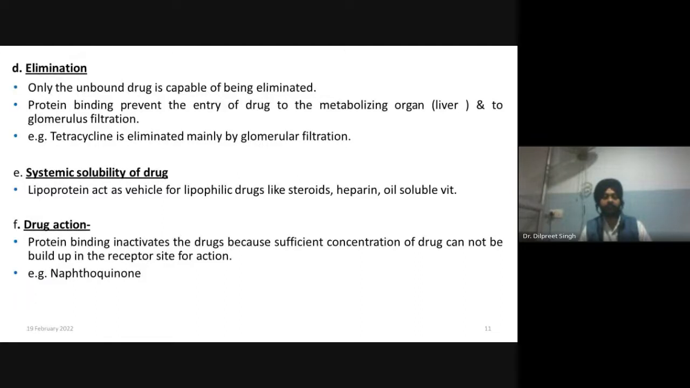F is the drug action. So protein binding inactivates the drug because sufficient concentration of the drug cannot be built up in the receptor site for the action. I have already discussed that the unbound drug is available for the action. So protein binding majorly extends the bound concentration of a drug, because the bound concentration is very high and the unbound concentration is very low for the therapeutic action. So sufficient concentration of the drug cannot be built up at the receptor site for the action. For example, naphthoquinone,